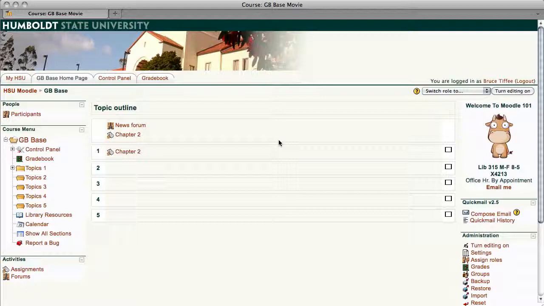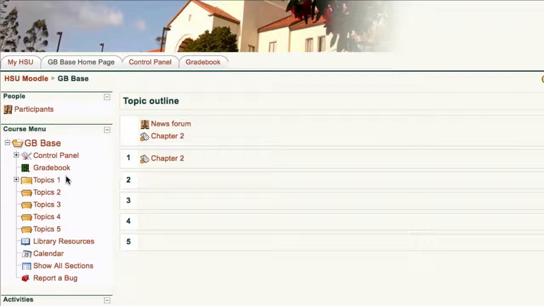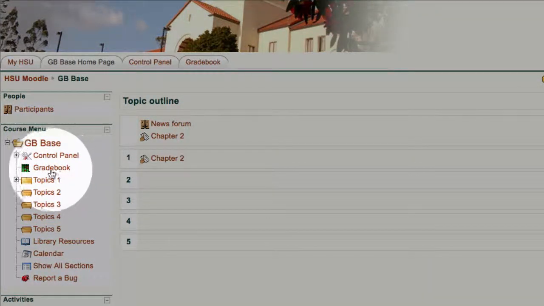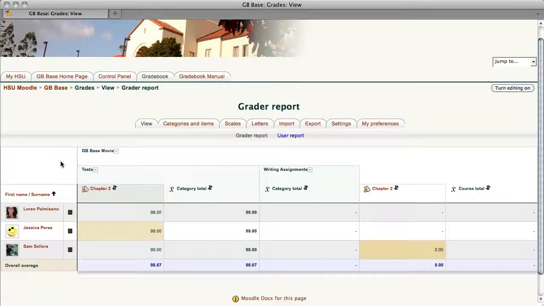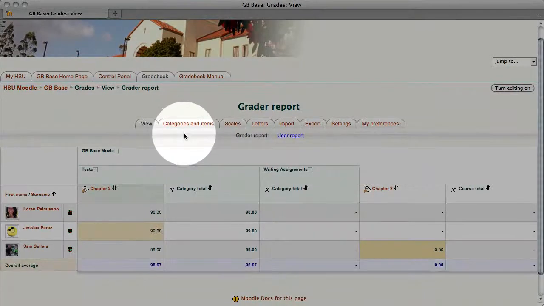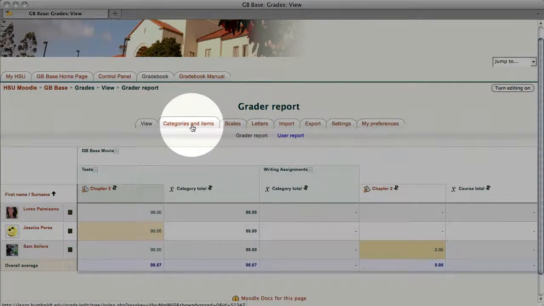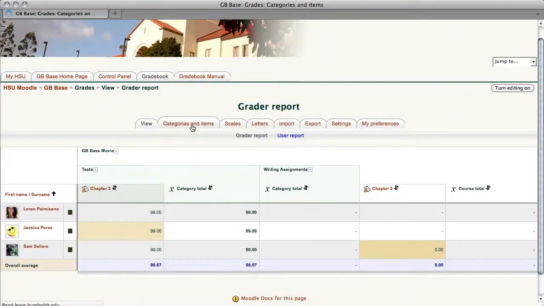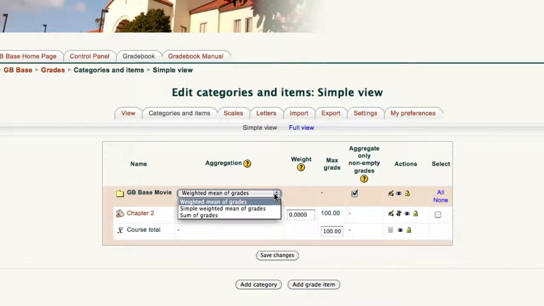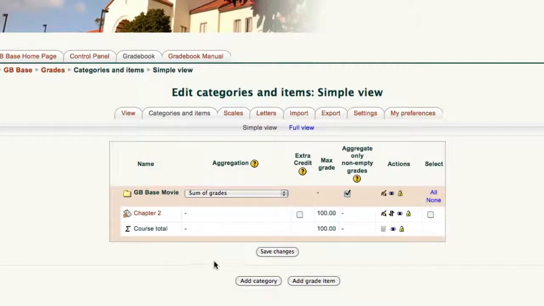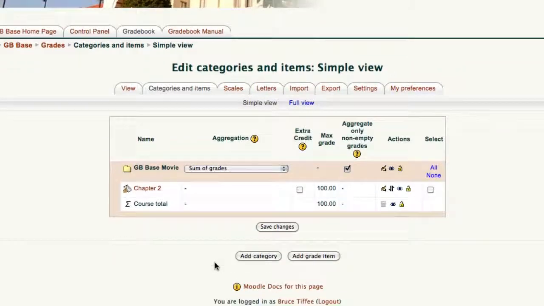We're in the Gradebook Base course. We're going to go to the Gradebook tab at the upper left-hand portion of the gradebook, and here's an empty gradebook. I've tossed in a few sample students, and I'm going to come to the top, and where it says categories and items, I'm going to give it a click. Here's our basic course shell, and I'm going to choose from the drop down right at the very top, sum of grades. That's the first grade method we're going to use.